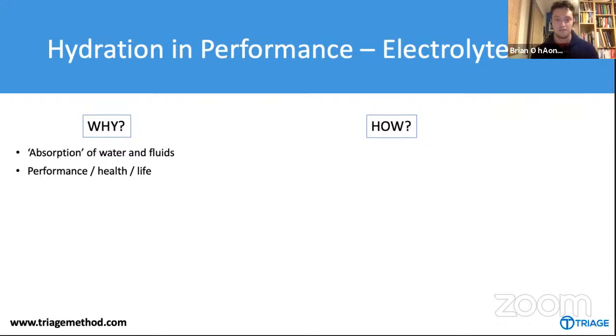For example, you need adequate calcium for muscle contractions. And you definitely need muscle contractions if you're going to be able to move and strike and kick, especially in training and in competition. So these are important to consider too. There will be a certain amount of electrolytes and minerals in the water that you drink. Tap water, mineral water, they all have a certain amount of minerals in there.